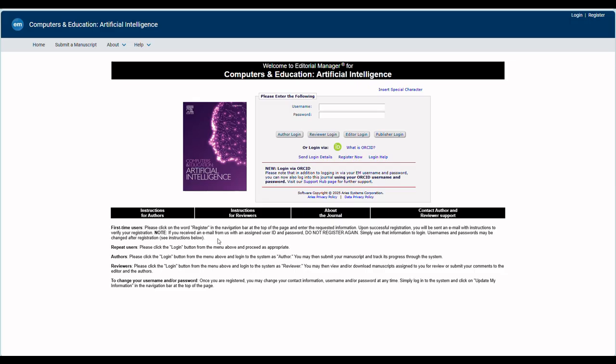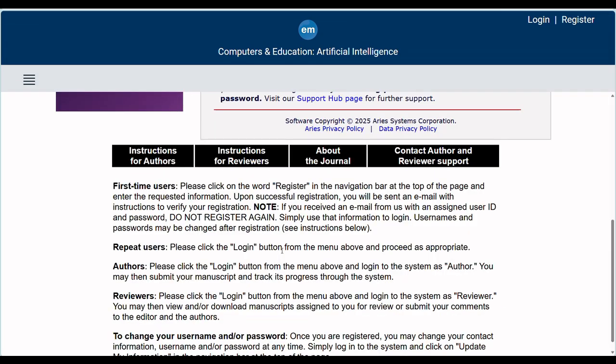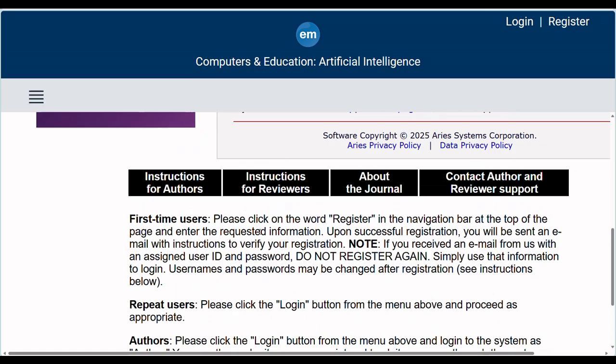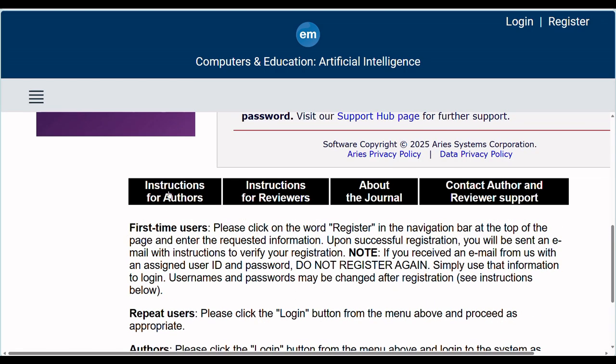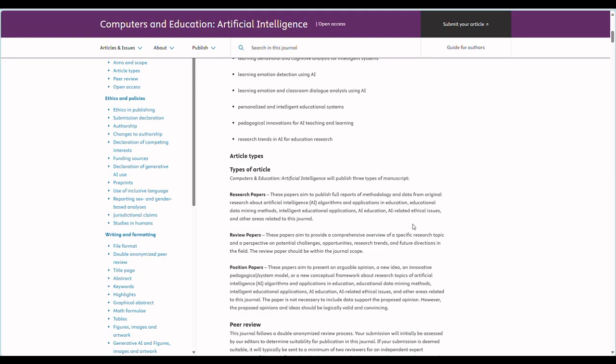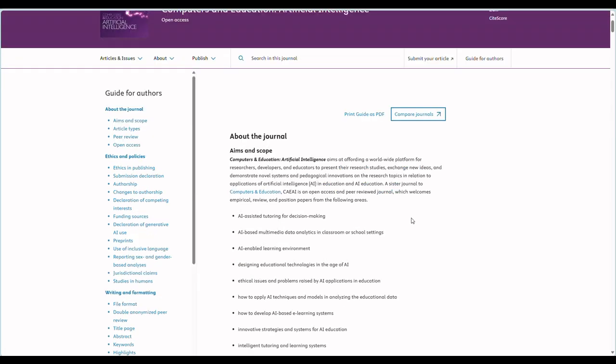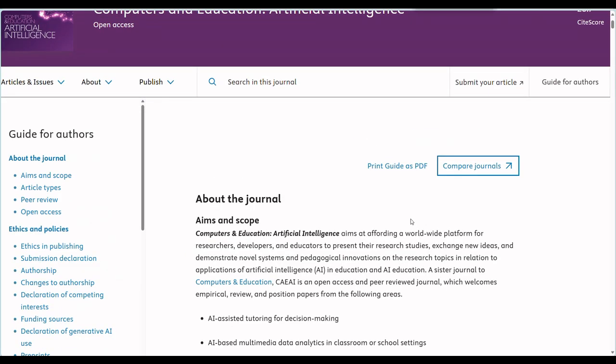Here is the journal, and I'm increasing the font size so that we can see it. Is it increasing on your side? Okay, I think it should increase on your side. So if you click on instructions for authors, I'm hovering my mouse on that place. If I click on it, it will display to us what is expected of authors. Okay, I will increase it again.